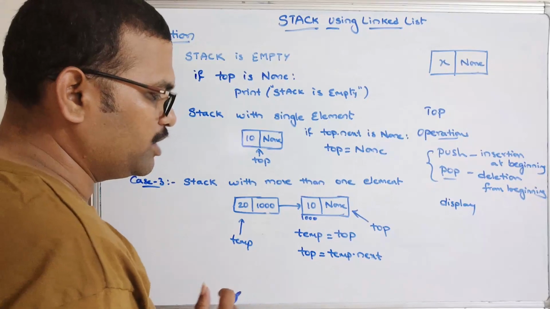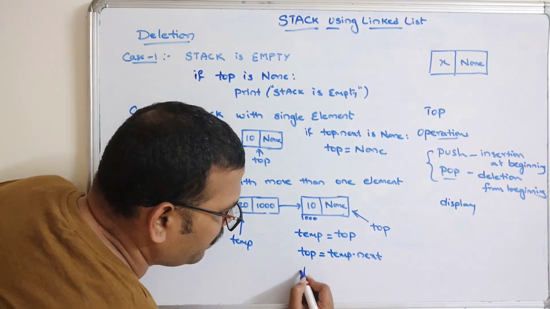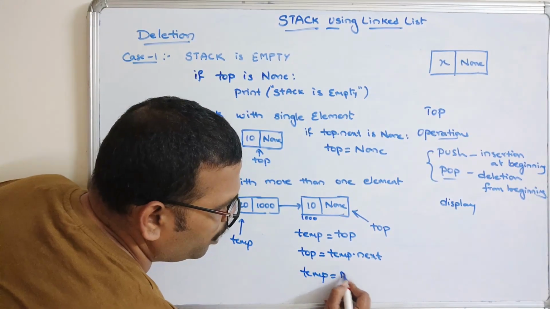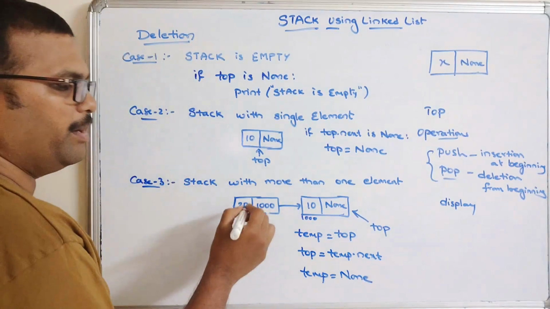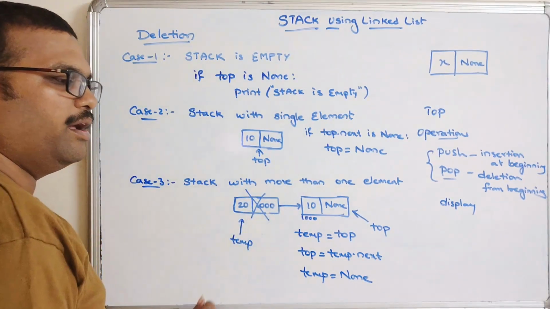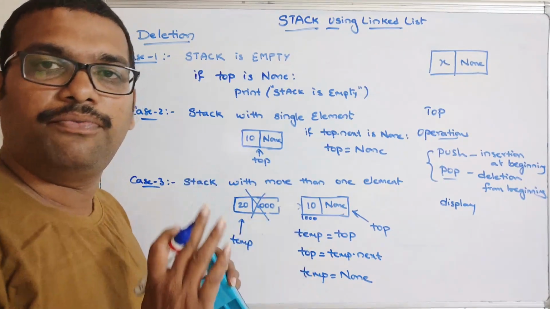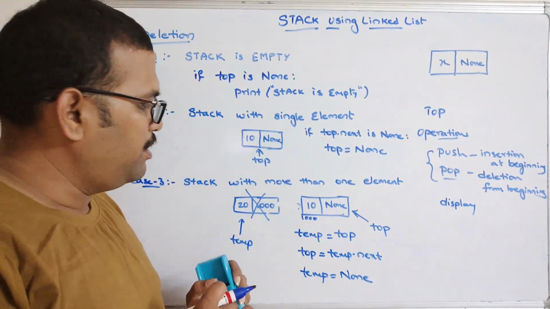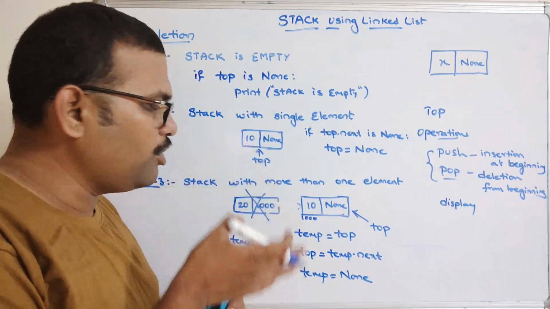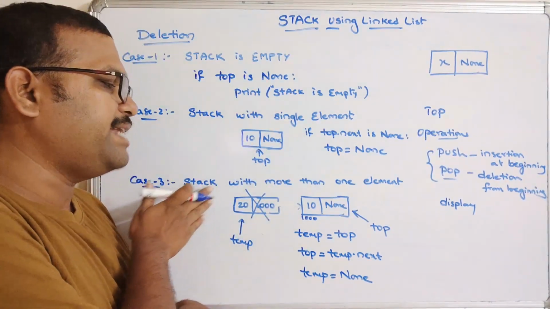Top will be pointing towards here. So simply here you can write temp is equal to none. So automatically this node will be deleted and only one element will be there. So this is a simple code for the deletion of an element where the stack has more than